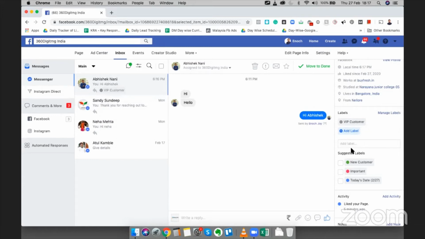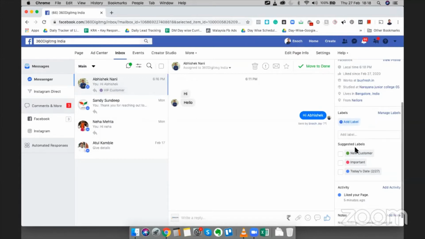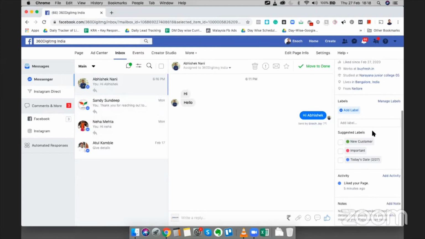Or let's say if you have asked for a refund in the past, that means you are probably not a good customer and you're always commenting bad about the product. I can tag you as a bad customer. Now don't do that, but you can do it if need be. This is only for your internal use. The end user will not be able to see how you have labeled him. So you need not worry about what they'll see.